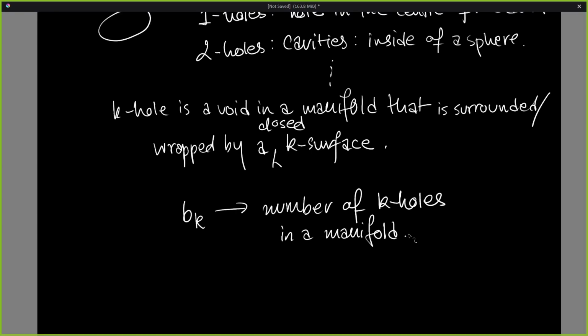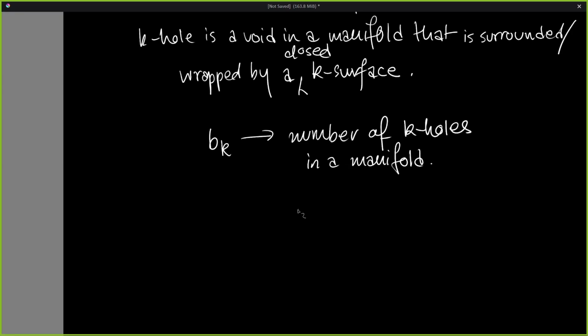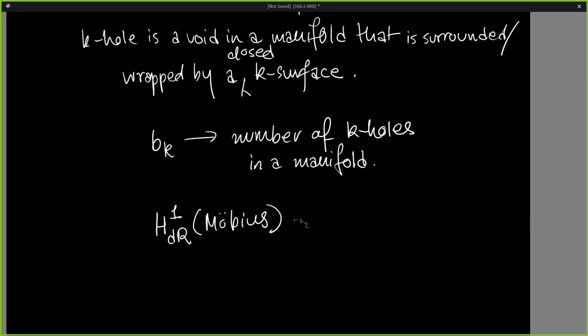So if two topological spaces are homeomorphic, they must have the same Betti numbers for all k, right? And from the Betti numbers, the alternating sum of the Betti numbers gives you the Euler characteristic. That gets into topology territory, but I just wanted to mention that briefly. So, as with my original example, if you have a Mobius strip, the group H^1_dR of the Mobius strip, I'm going to call it Mobius. The fact that this is non-trivial,